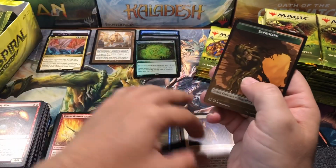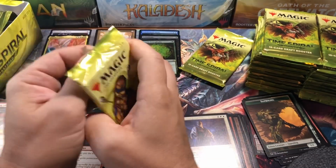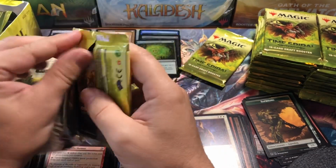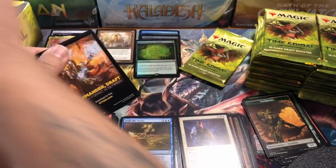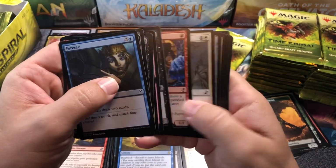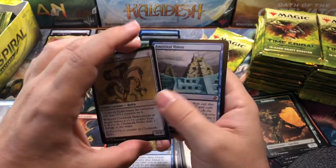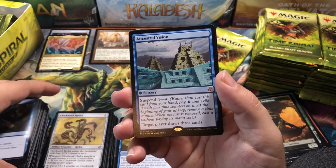Palace Jailer, and Sapperling token. So, great idea, and I love the future side. I love the borders, like if you look up the Dryad Arbor, you'll see the future sight type border, which was supposed to be the borders of the future, and I'm really disappointed they didn't actually